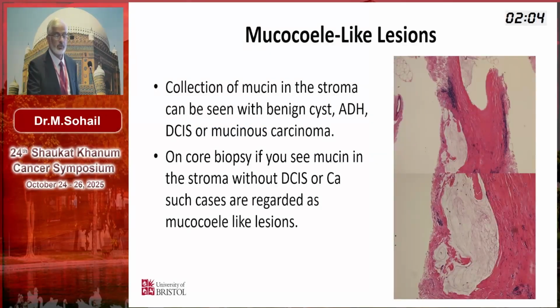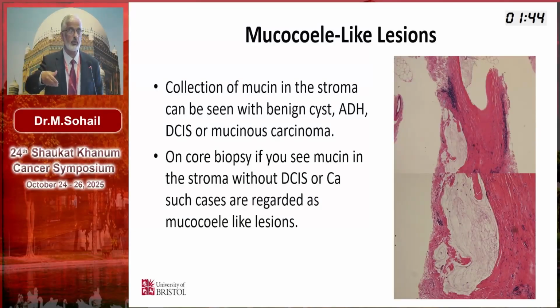Then there is the mucocele-like lesion. Mucocele can occur in various organs, and the same in the breast, in which you are seeing accumulation of mucin within the stroma. Quite often you see benign ducts at the periphery in which there is mucin, and you can see rupture of the duct going into the stroma. So this is usually benign. But if you don't see any evidence of where the mucin is coming from, then you don't know whether this is coming from a mucinous carcinoma or not, and then you need to worry. So that's why we call this B3.